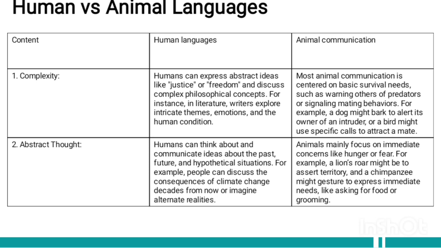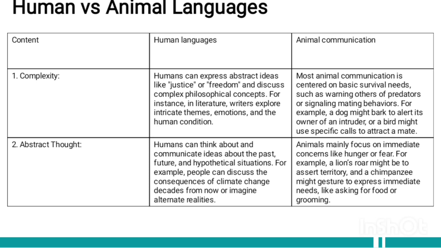For example, people can discuss the long-term consequences of climate change, predict how society might look in the future, or imagine alternate histories, like what if humans had never discovered fire. This type of abstract thought is key to how humans use language to shape their understanding of the world and